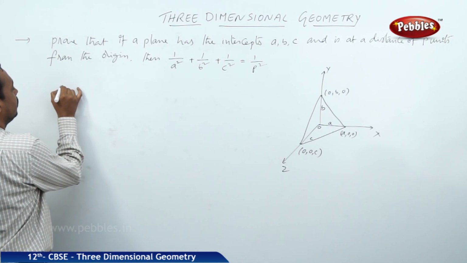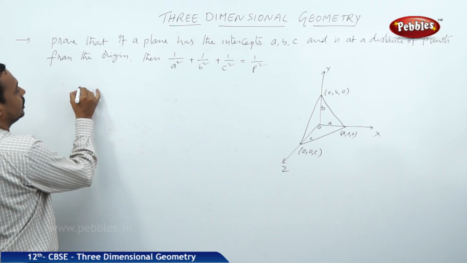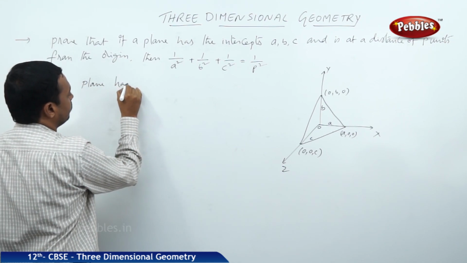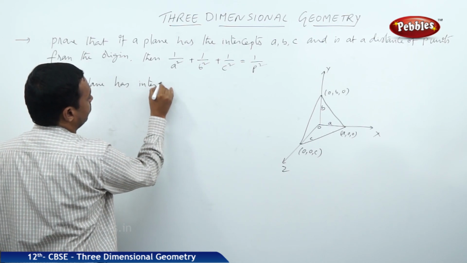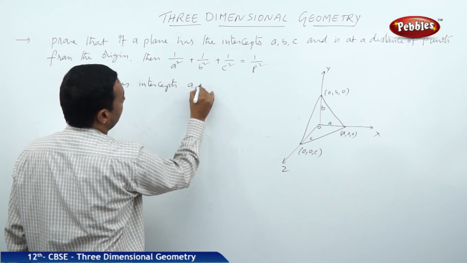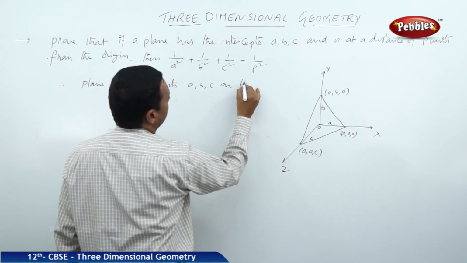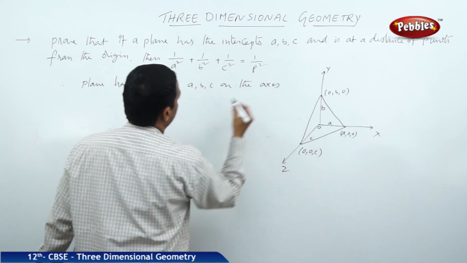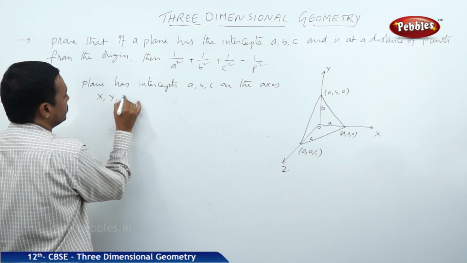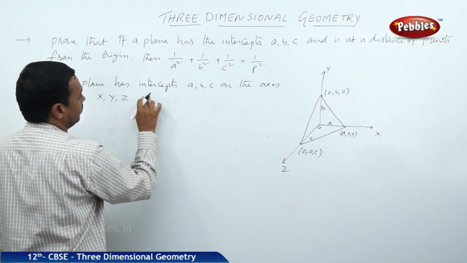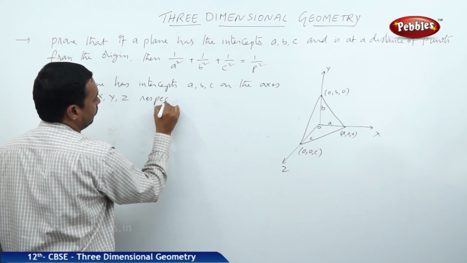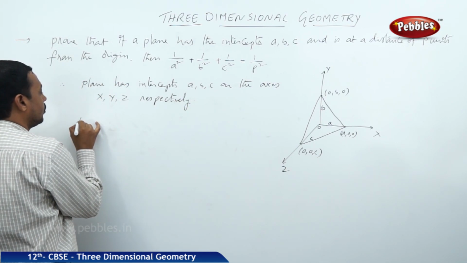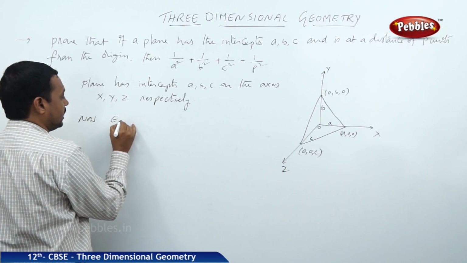Therefore, the plane has intercepts a, b, c on the coordinate axes X, Y, Z respectively. Now, the equation of the plane is